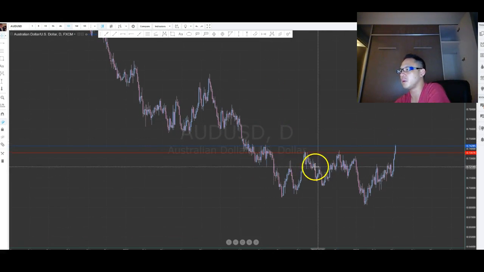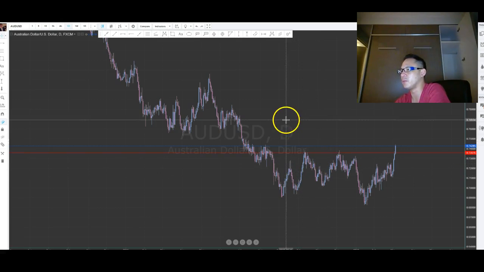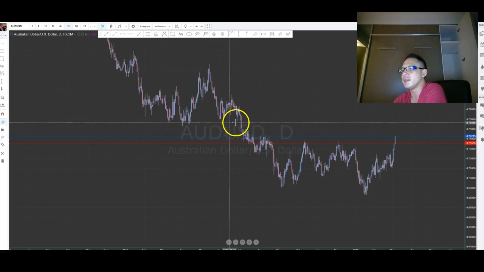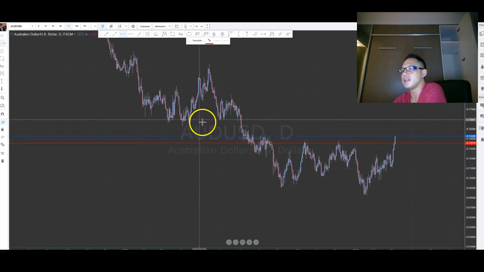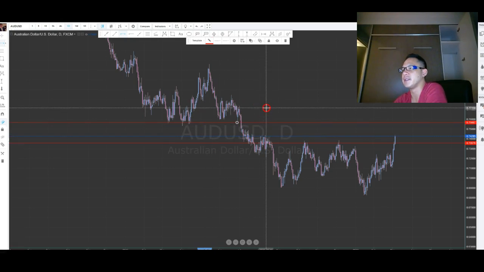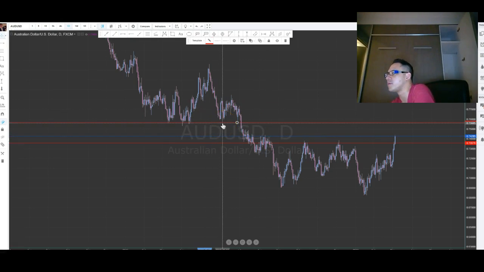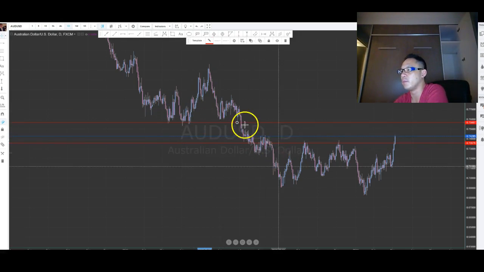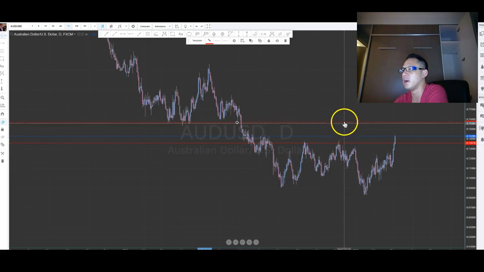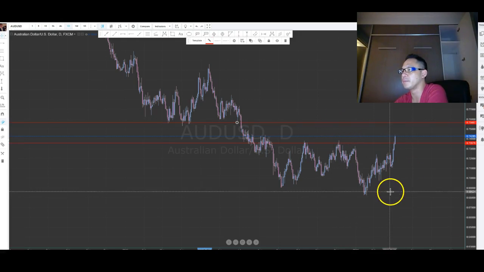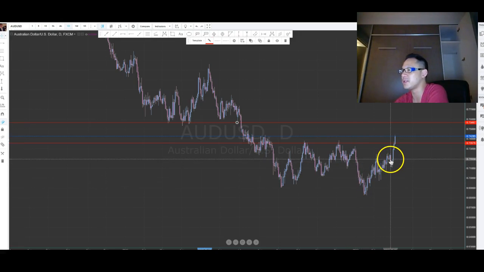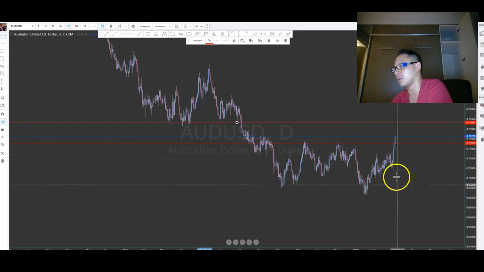So probably around this time here, you would have heard me, if you look back at my previous updates, talking about this level here, right? That I said I really wanted to see get tested. Right, this was about the 75 600 levels. So when price was trading around this level here, I was saying that I really wanted to see price go up, retest this level, and then roll over. And it didn't. It just kept going down and down and down. So I thought, well, maybe there is no chance. Maybe it's just going to keep on going down.